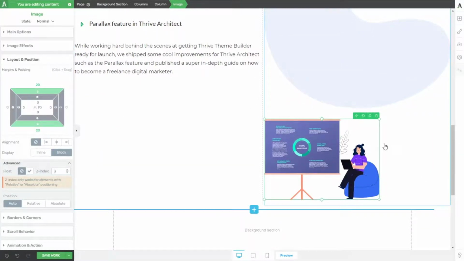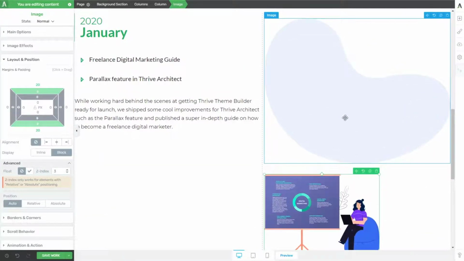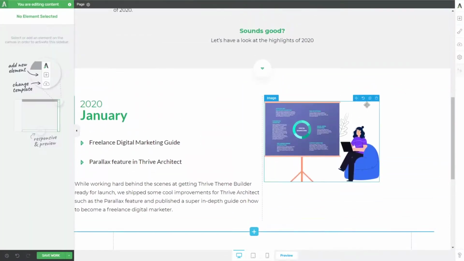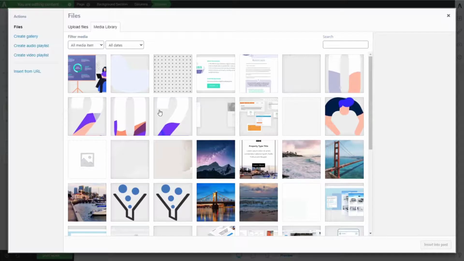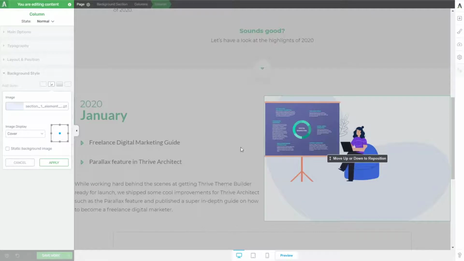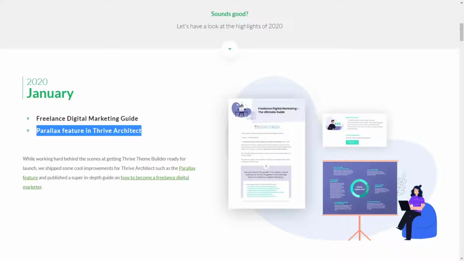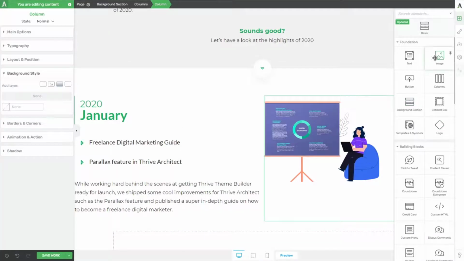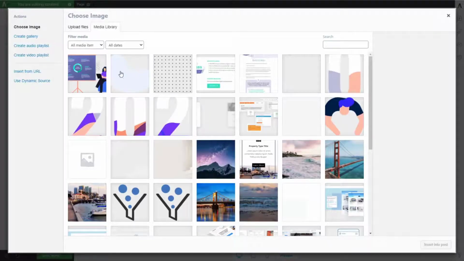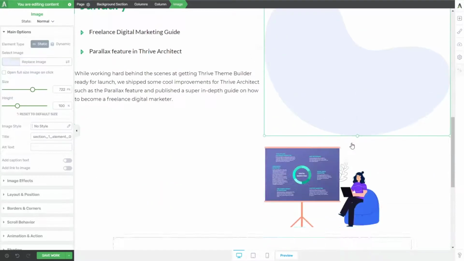So I want to move. I think that decides it for me. I think I'm going to take this image of this bean thing and make it the background image of this column. So I'm going to go to column, background style, image, and select the bean. There we go. And do contain. It's so big anyway. All right. Changed my mind. Sometimes you can't see it until you see it. All right, going back to this. Now let's just